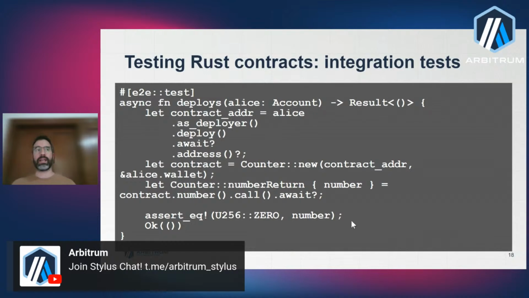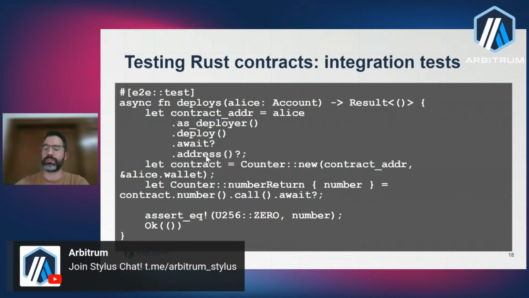It might seem a bit complex because actually, these libraries, both E2E and Motsu, are still in development. They are usable right now, and they are very powerful. But if you are not used to the nomenclature, to how you use them, it might seem a bit complex. Okay, so what we're doing here is that we have our deploys test. It is annotated with E2E test, and it's receiving an account as a parameter. Okay, and we are using that account to deploy our contract,